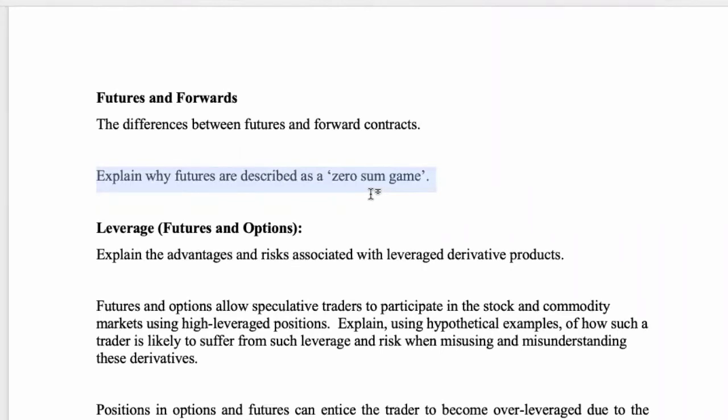Same with the sellers. The price of oil goes up by $1. I gain $1,000. They lose $1,000. It's a zero-sum game. In other words, what we mean by zero-sum, if you add up the gain and the loss, it sums to zero. So I gained 1,000, they lost 1,000, plus 1,000 minus 1,000 equals zero. Okay, so there's a winner and loser.